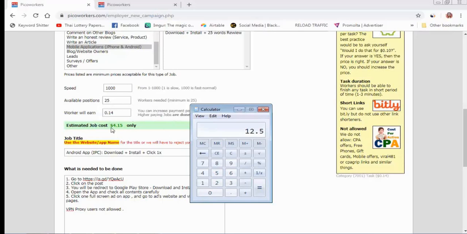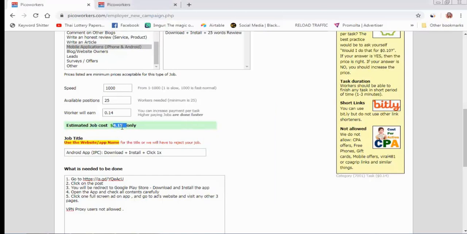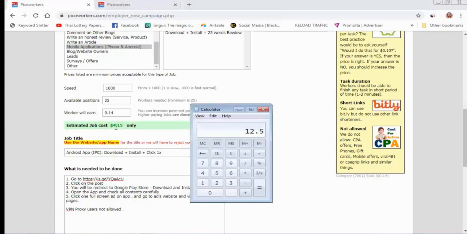And what do you pay? $4.15 only you pay to Pico Worker and you earn $12.50. This is your pure profit.